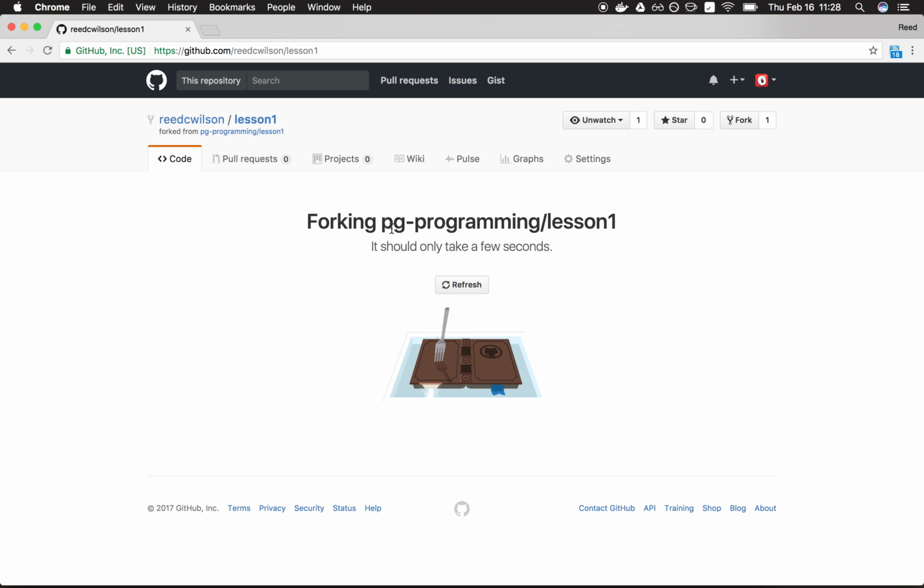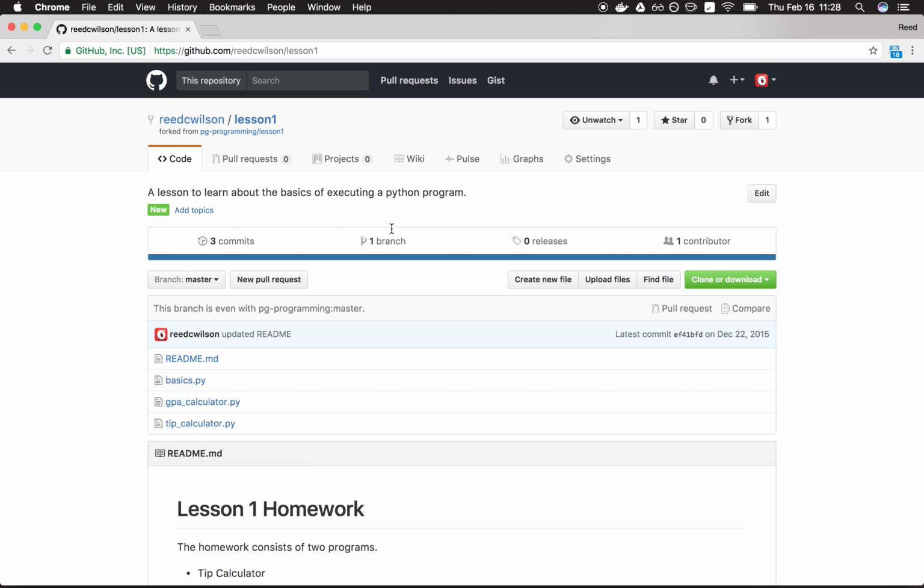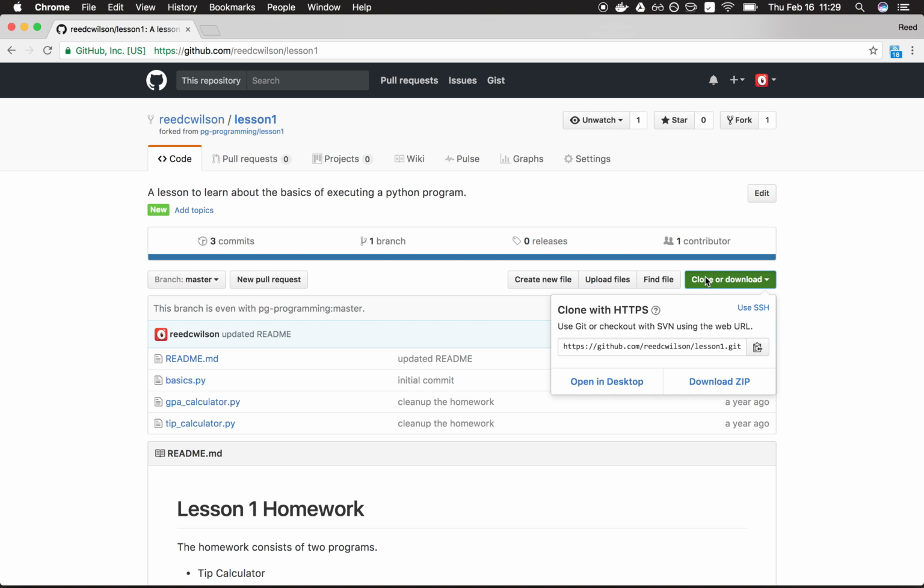This is creating a copy, not local, it's still remote. It's a copy from PG Programming Lesson 1 into my personal account Lesson 1. So that's what's happening here. That means that now we've got our own copy on GitHub of this repository. But we don't want it only on GitHub. I mean, we do long term, but we want to be able to edit it, and that means we need a local copy. So you're going to have to go ahead and click this clone or download button,